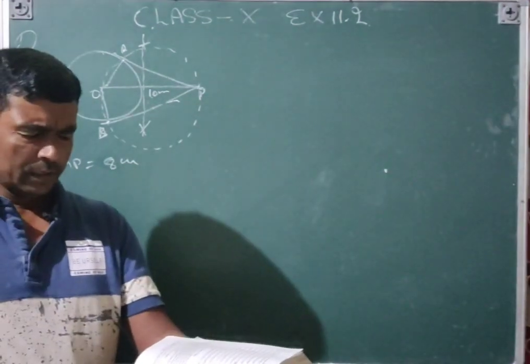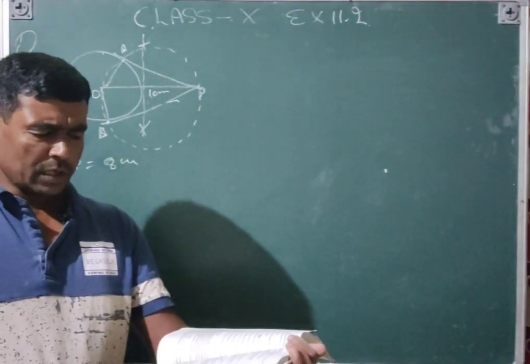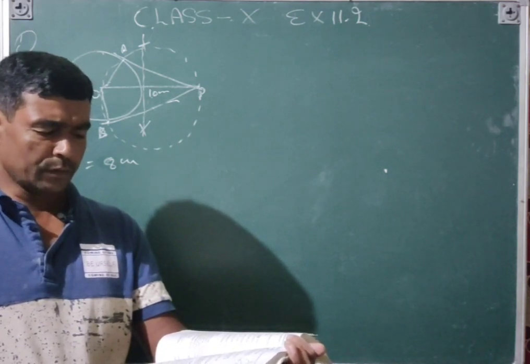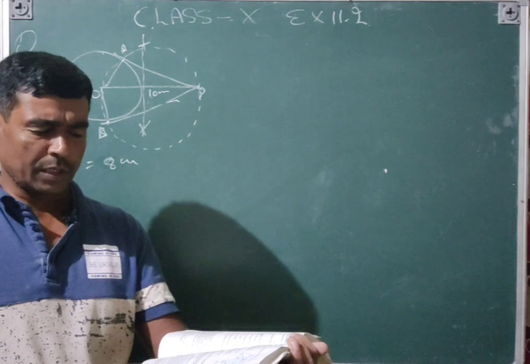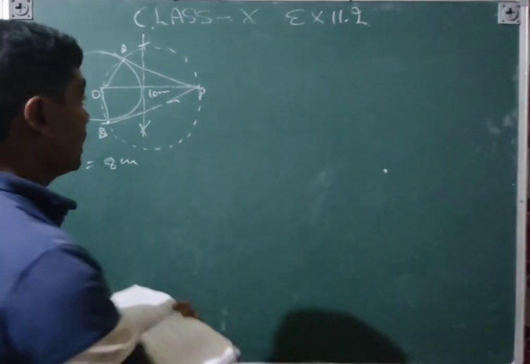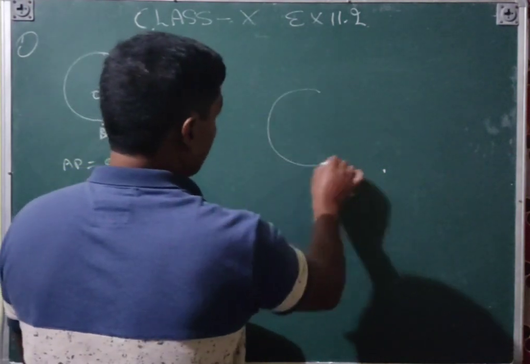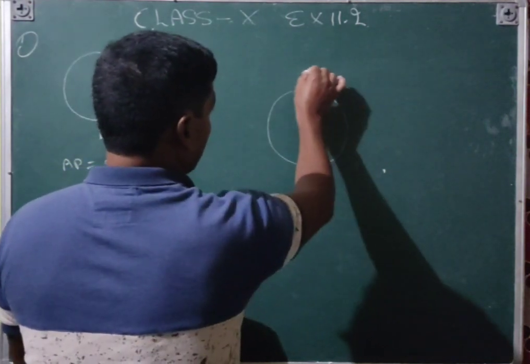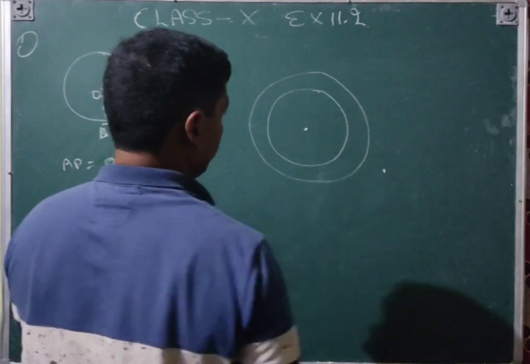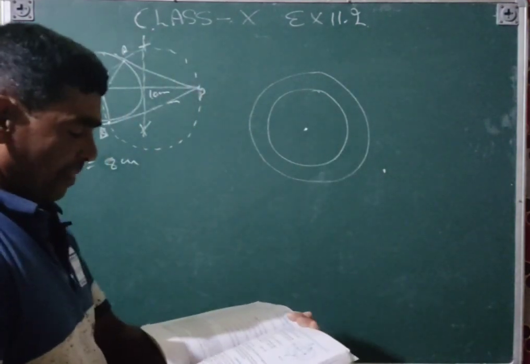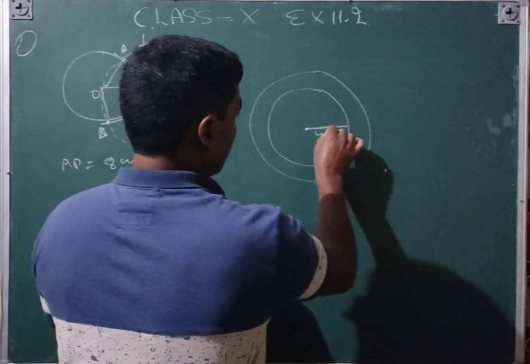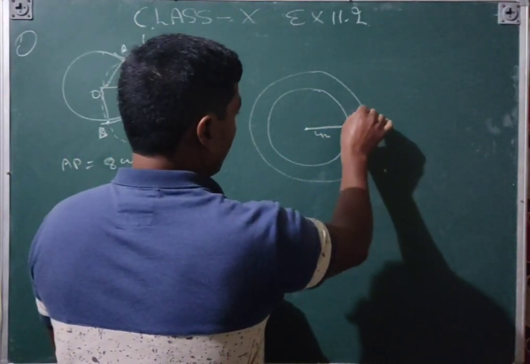And then construct a tangent to a circle of radius 4 centimeter from a point on the concentric circle of radius 6 centimeter. Concentric circle means first of all you will draw the 4 centimeter circle, and then the 6 centimeter circle from the same center, and then we will construct that. This is the 4 centimeter distance. Here we will draw the 90-degree angle.